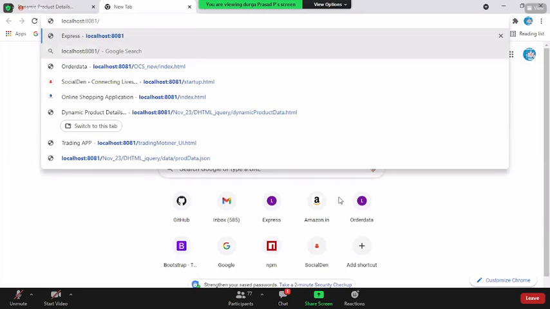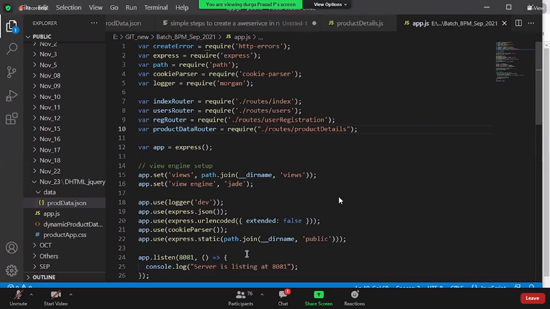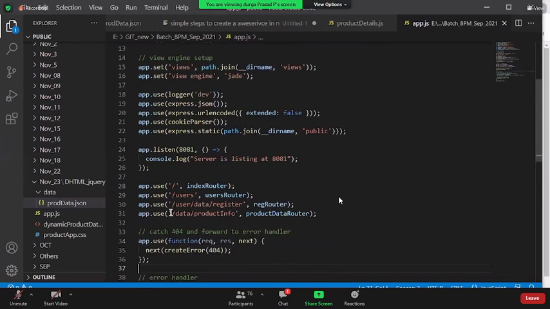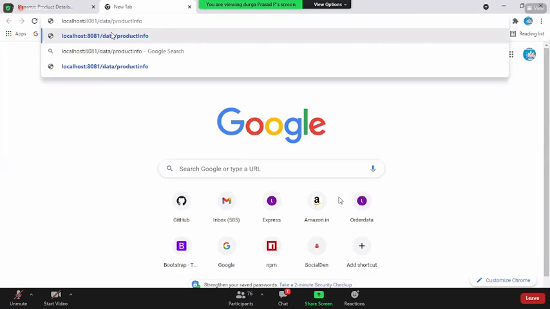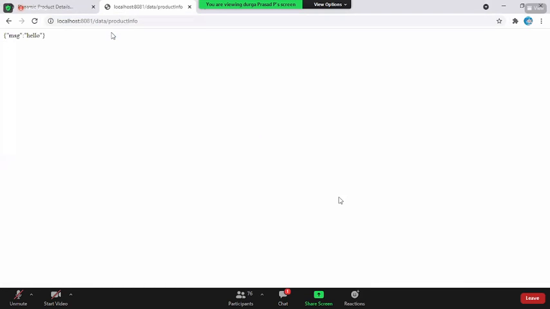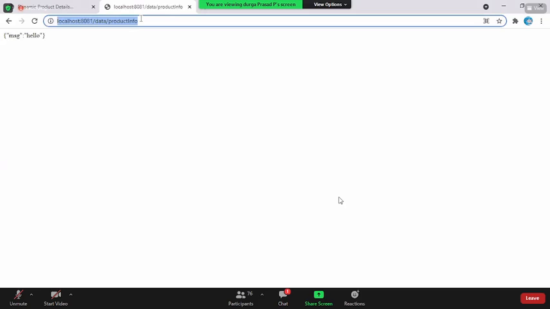And what is the URL I gave? The URL what I gave is, line number 30 I have added, right? Yeah, this is the URL. Copy this URL, hit this URL. Enter. Am I receiving the data? Yes. Now can I call this as an actual web service? Yes. You're hitting the web service, a server-side coding is getting executed, and he is responding back with the data.